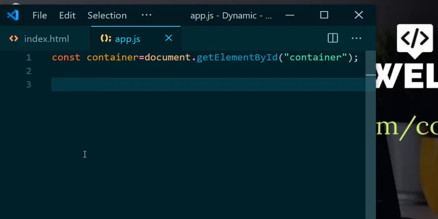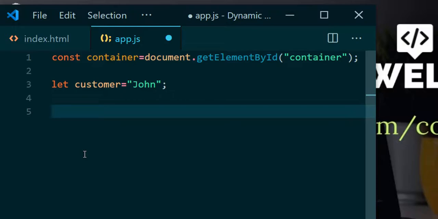So I want to create the customer details dynamically using JavaScript and show them on the screen. So let's say I have the customer, let customer equal to, and the name is, I have a customer called Janu and I want to show his details on the screen. Now it's time for creating the customer element. So const